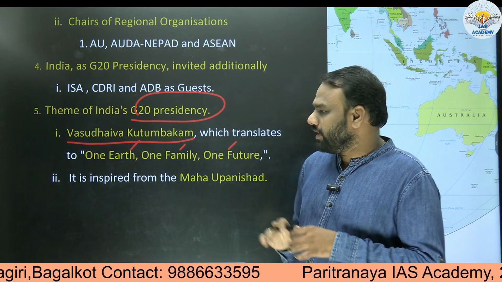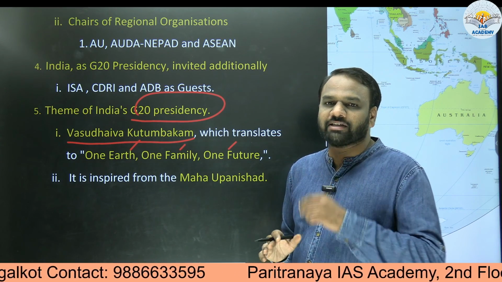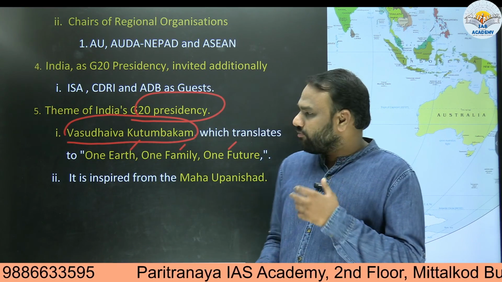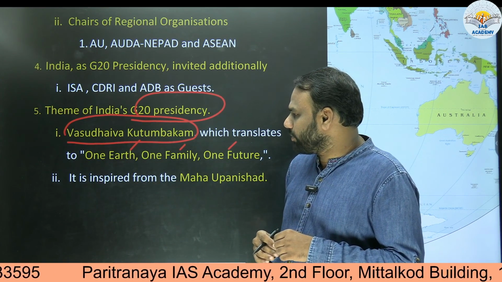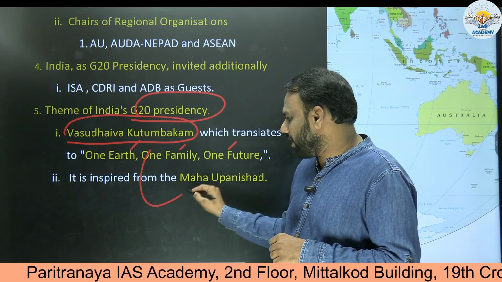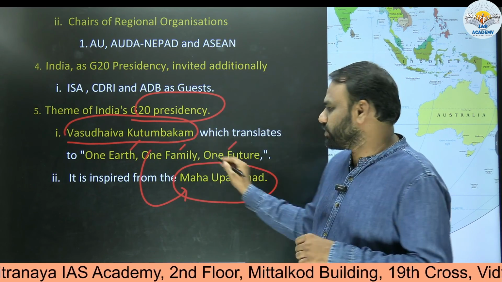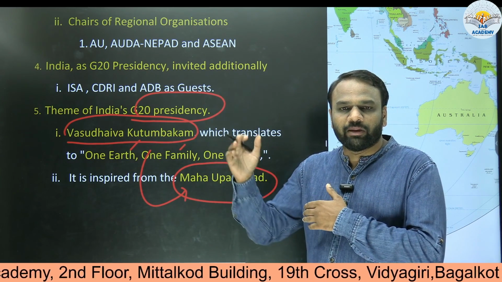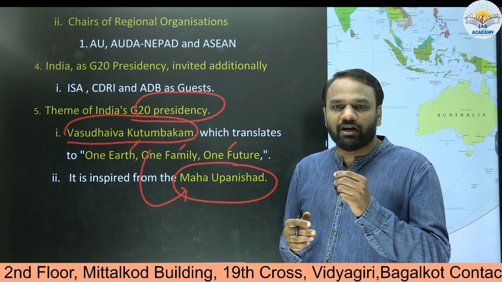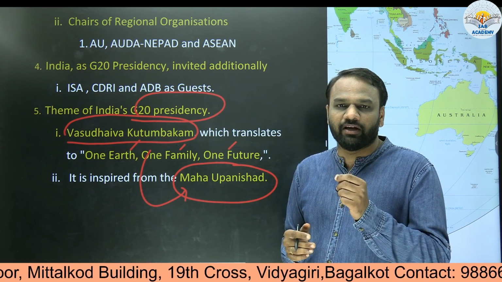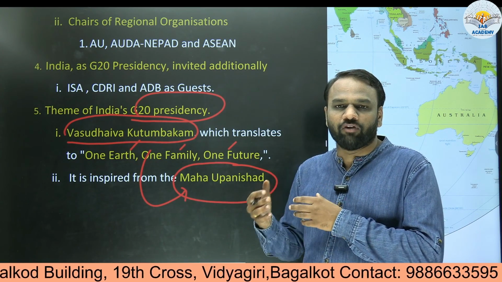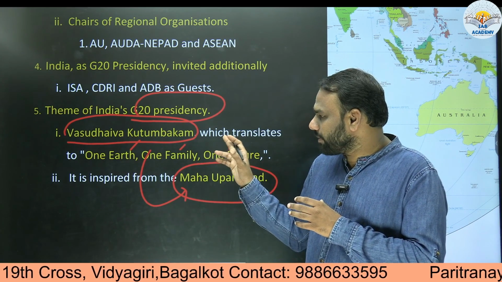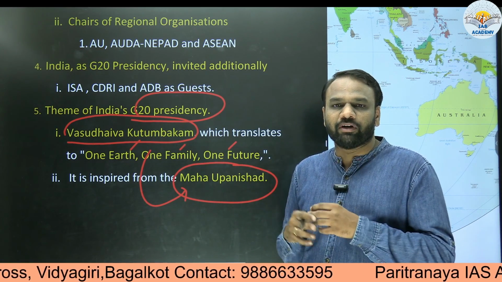Another very important, curiosity-driven point, which has very rarely appeared in the newspaper: what is this Vasudhaiva Kutumbakam, and from where have we taken this phrase? It has been greatly inspired by the work of the Maha Upanishad. So it is present in the Maha Upanishad. From the exam point of view, even this is important. If you look at previous year question papers, somewhere around 2015 or 2016, they asked a question like: Satyameva Jayate has been borrowed from which Upanishad? It is the Mundaka Upanishad. So from that context, even where this term has been borrowed from becomes important from the exam point of view.